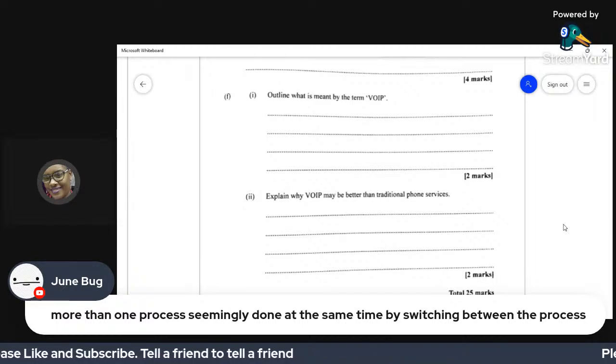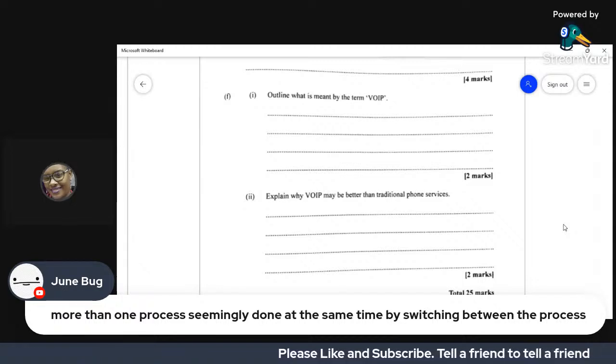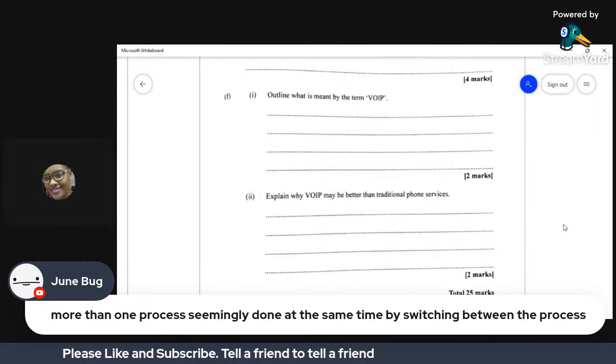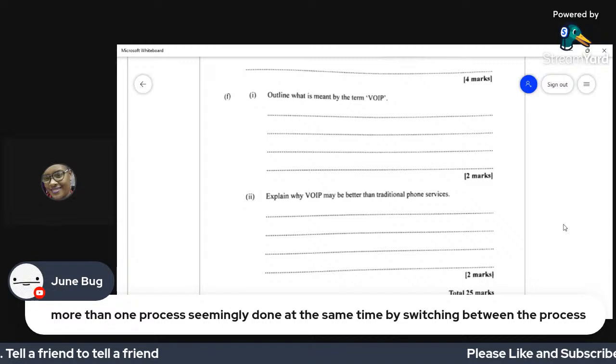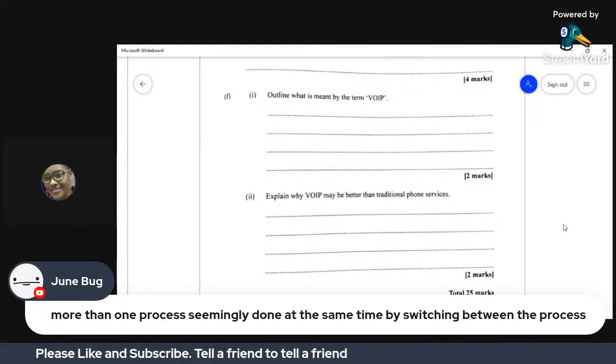Explain why VoIP may be better than traditional phone service. I think anybody could answer this because you put a data plan on your phone and you have your regular phone. If you have a data plan on your phone or you have Wi-Fi at home, then you're able to communicate with persons anywhere just the same.